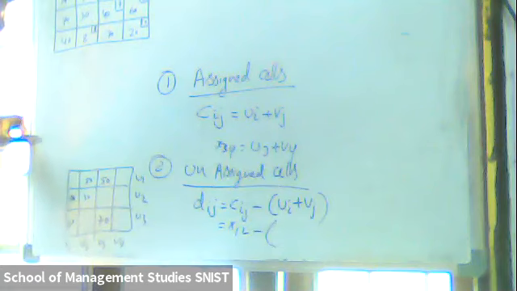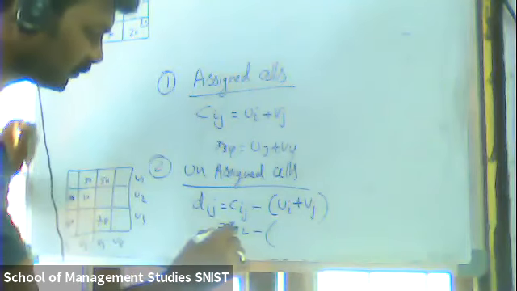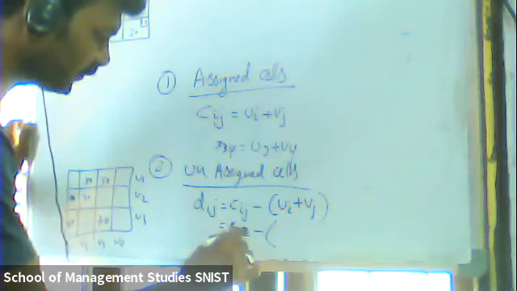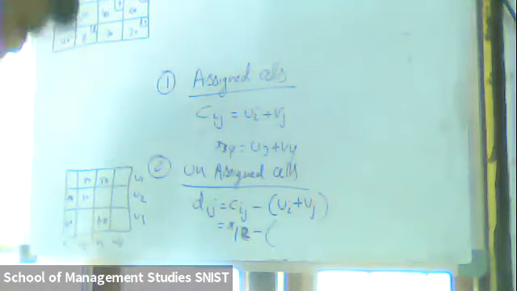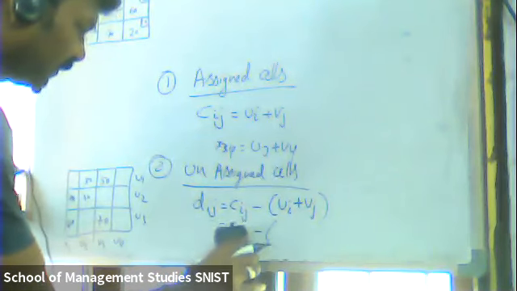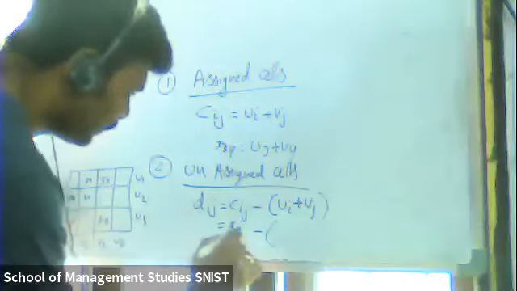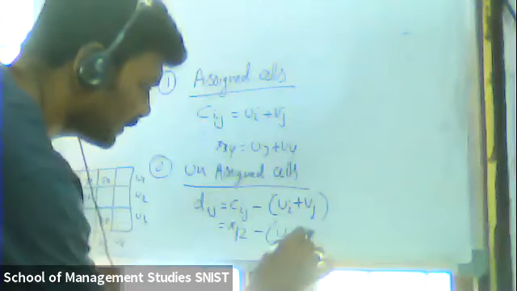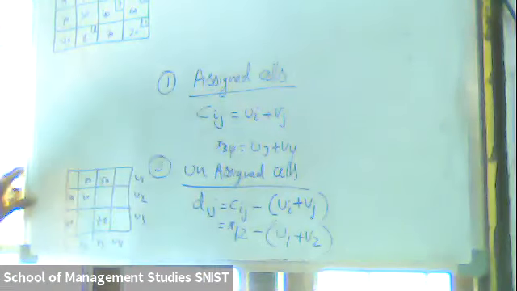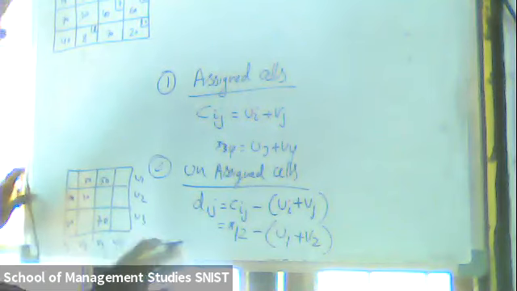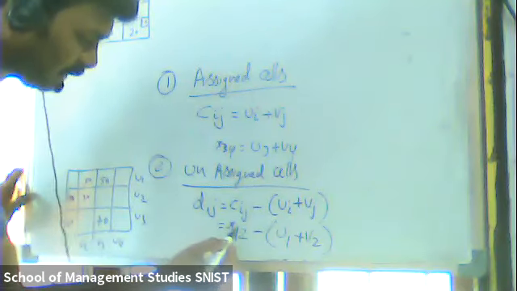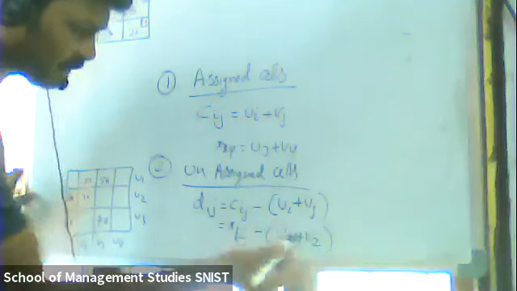How to write it? Is it U1? U2, sir. You are finding X12, yes or no? Yes, sir, finding X12. So if it is X12, it is U1 plus V2. It is a simple assumption: when you write X12, the 1 becomes U1 and the 2 becomes V2. That's it.